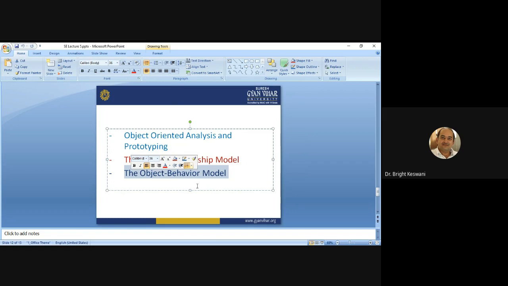So first of all, when you are developing the object behavioral model, you have to evaluate all use cases and their sequences of interaction. Secondly, you have to identify events that drive the interaction sequence and understand how these events relate to specific objects. And thirdly, you should create an event trace for each use case.